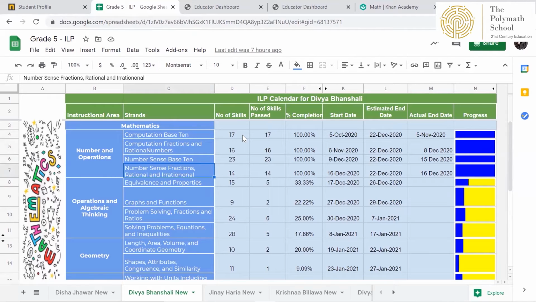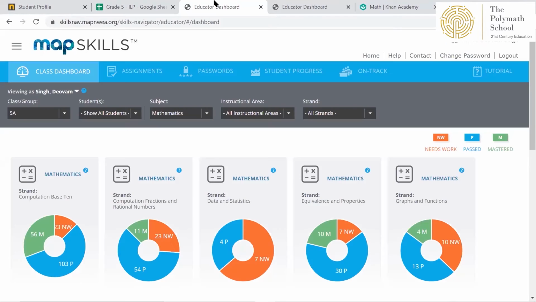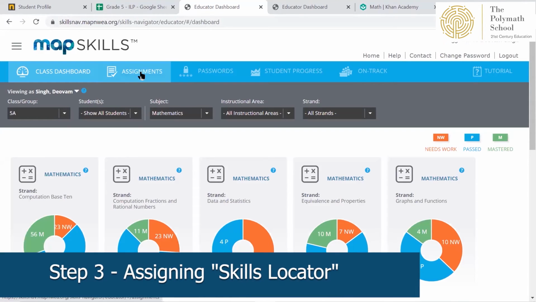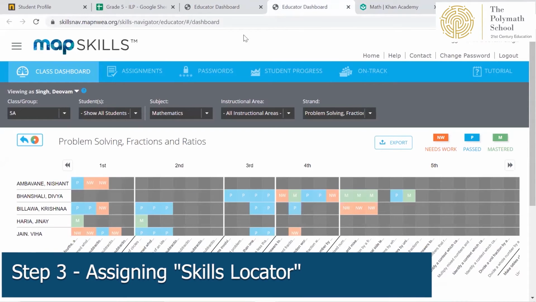First, we prepared this ILP, and to gauge where Divya stands in each of these topics, we again went to the MAP skills and we assigned the skills locator. So what does the skills locator do?